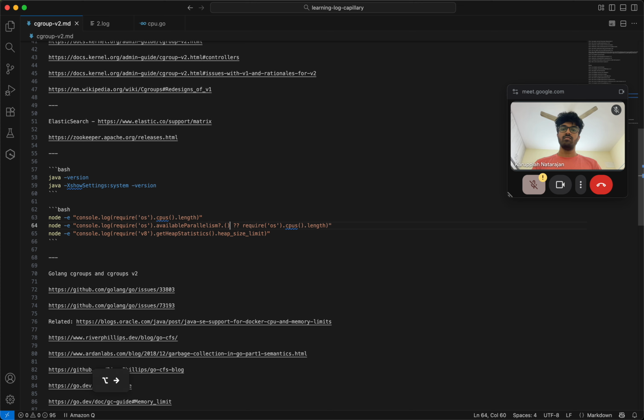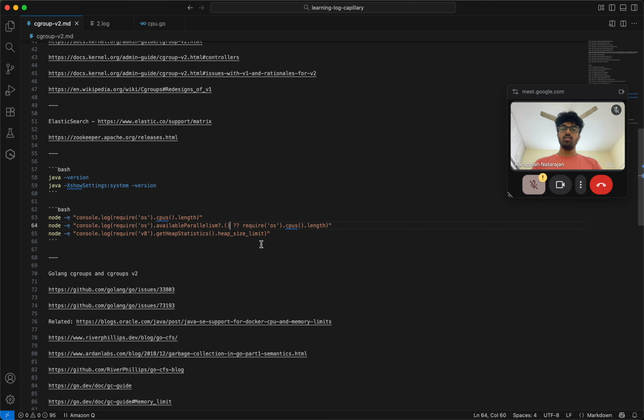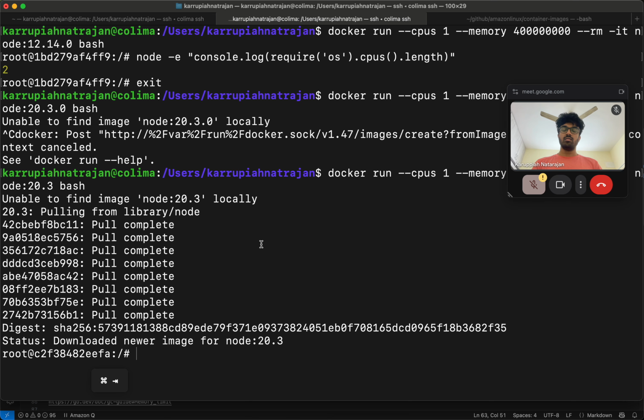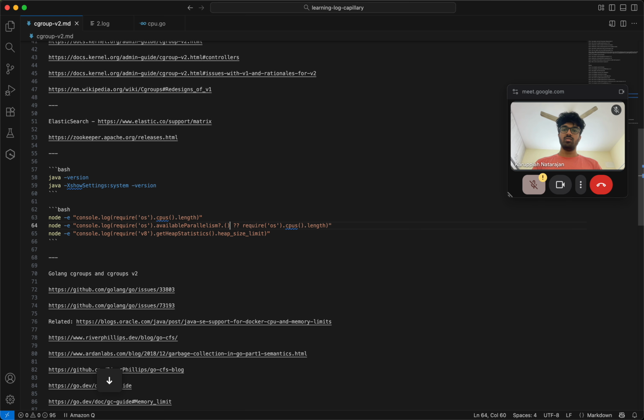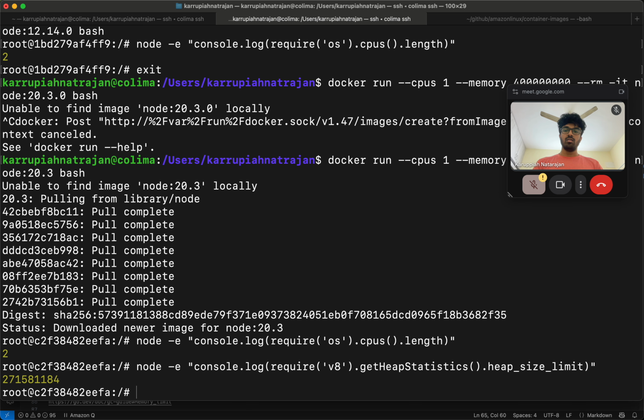What kind of syntax is this? I have no idea. It shows 2. That's wrong. This shows, okay.